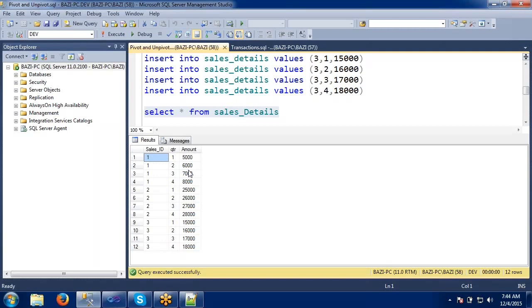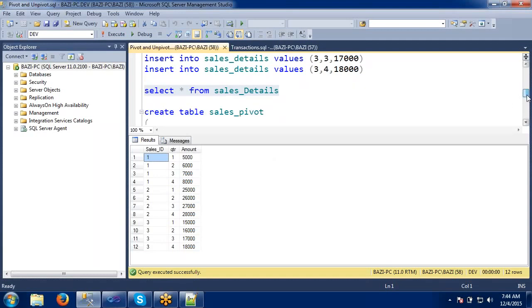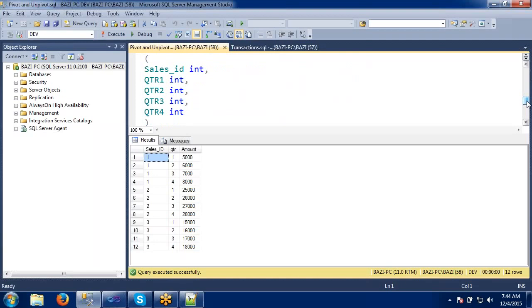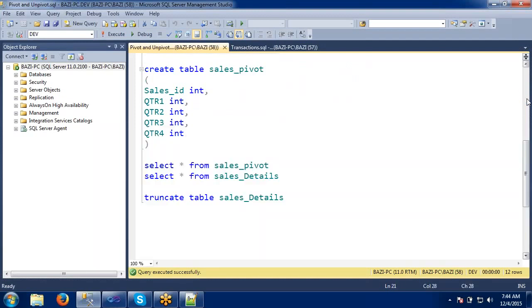Okay. Now when I say pivot here, how do I want to convert these values? See, this is my expected table here. When I do the pivot, the columns should be converted as quarter 1, quarter 2, quarter 3 and quarter 4, and the sales ID will remain the same. Let me check here.